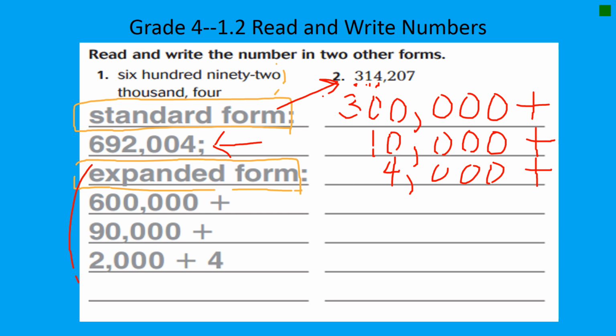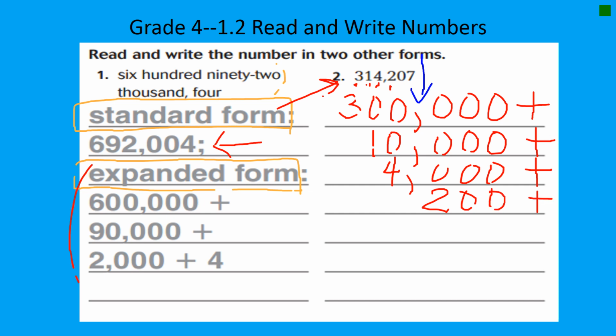Now if you notice when I write this, I'm keeping everything lined up because it's easy for me to make sure I'm writing the number the right way. I have the comma all in the same place. You don't have to do it that way, but you can if you want to. And then we go over to the 2. That 2 is in the hundreds place. So I'm going to write 200